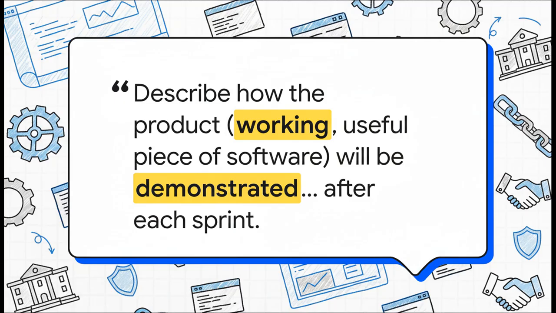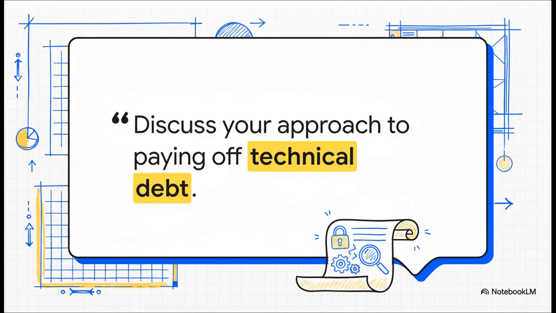It all comes back to accountability. And this one? Oh, this one is huge. They want to know your strategy for technical debt. Why do they care? Because the government is buying a system for the long haul. Decades, maybe. They need to know you're building something that's sustainable and high quality, not just cutting corners to go